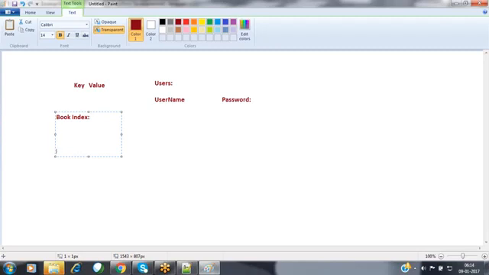So in this case, for every topic you will have two values. One is the title, nothing but the topic name, and the second one is the page number, nothing but the page in which the topic has been described. Now let me know from these two which one is unique and which one is duplicate. Is the topic name the duplicate or is the page number the duplicate?